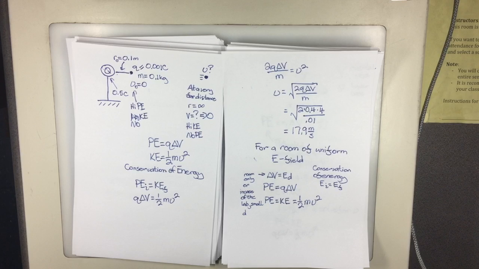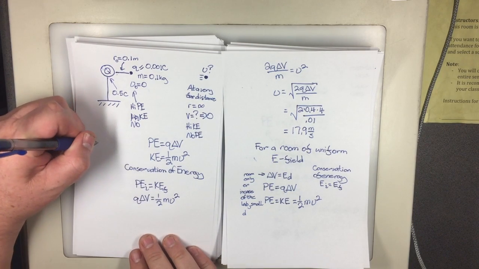So over small distances, you can say that delta V is equal to ED. But in this particular case, we're talking about a point that is very close to a point charge, and then it goes clear over to the other side of the galaxy or wherever. So you can't say that, but we get to use